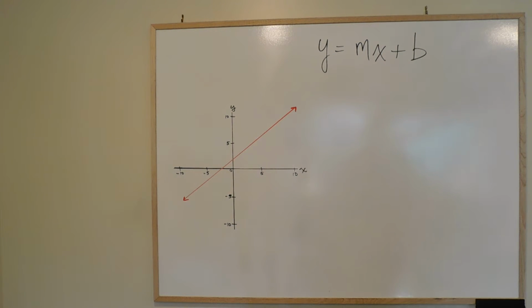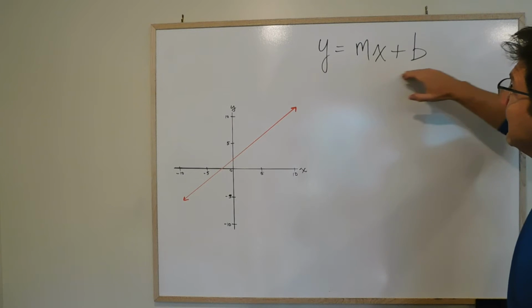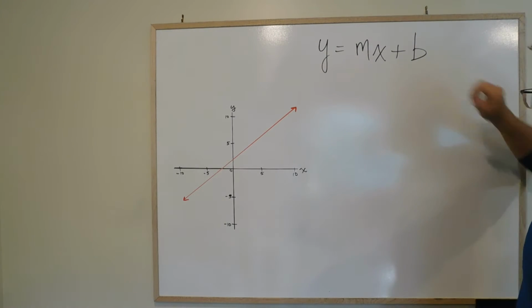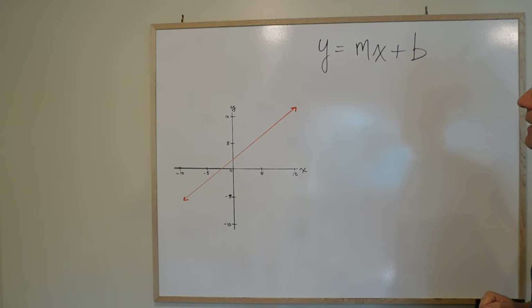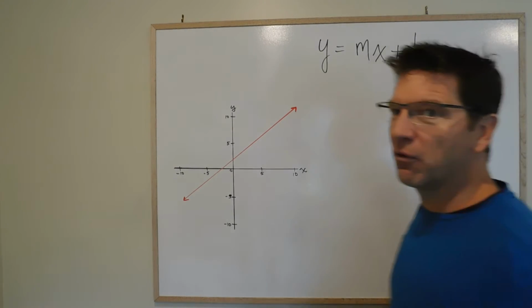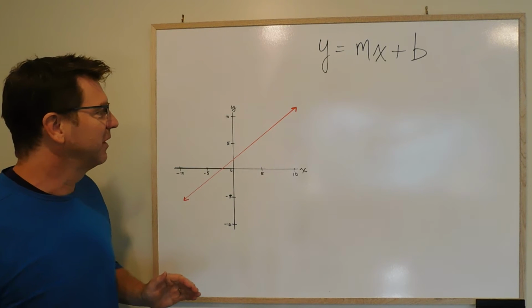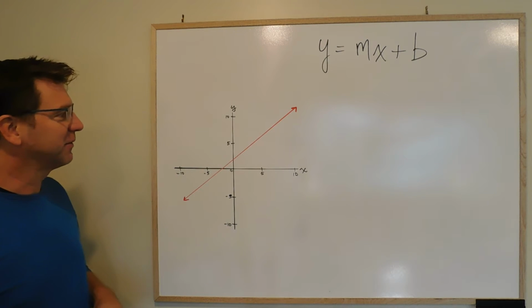So y equals mx plus b. Now we're getting into the graphing aspect of it. This is a very common y equals mx plus b because it represents the slope-intercept form of the equation of the line. So what we're going to start to do, and you've probably seen this in past math courses, is